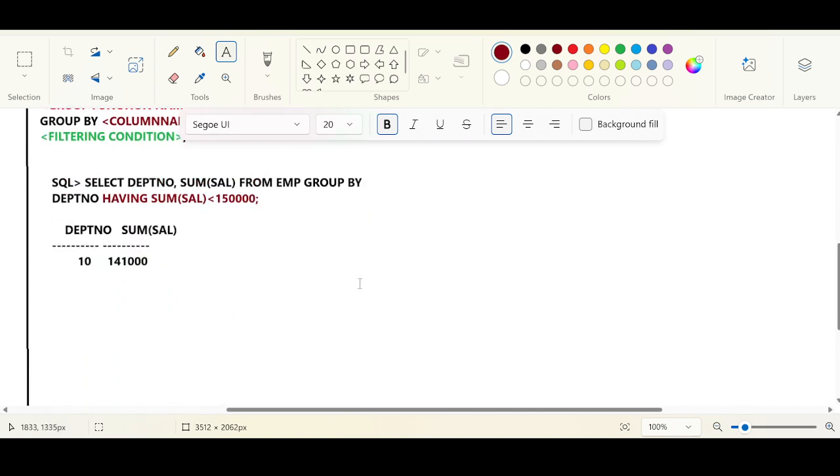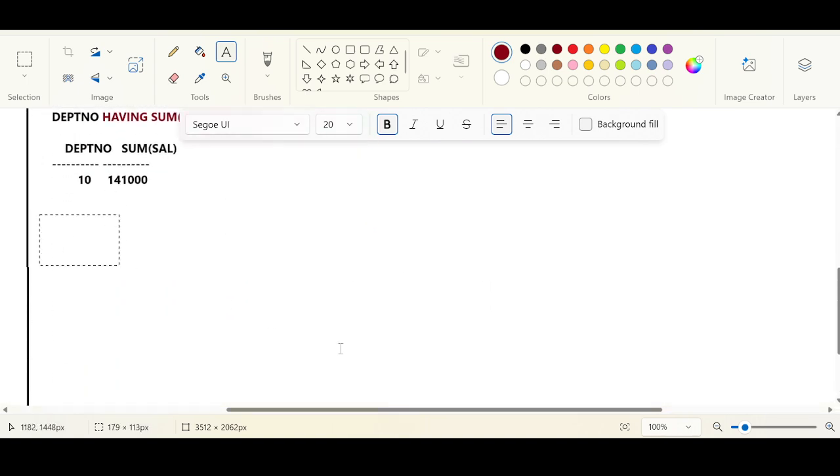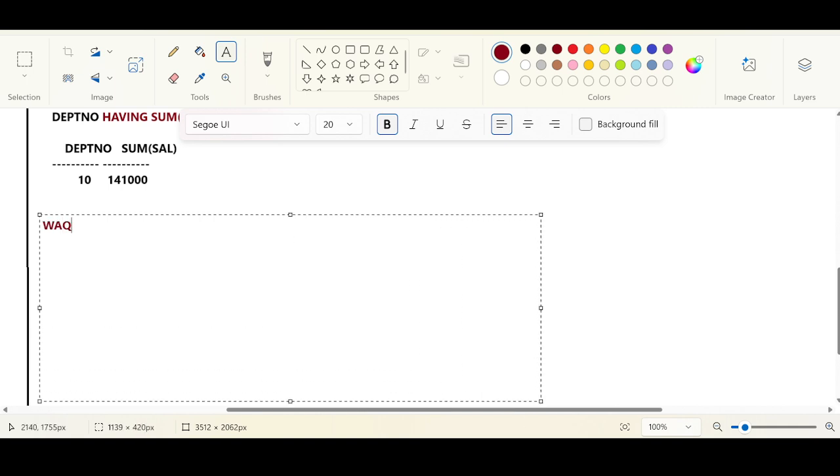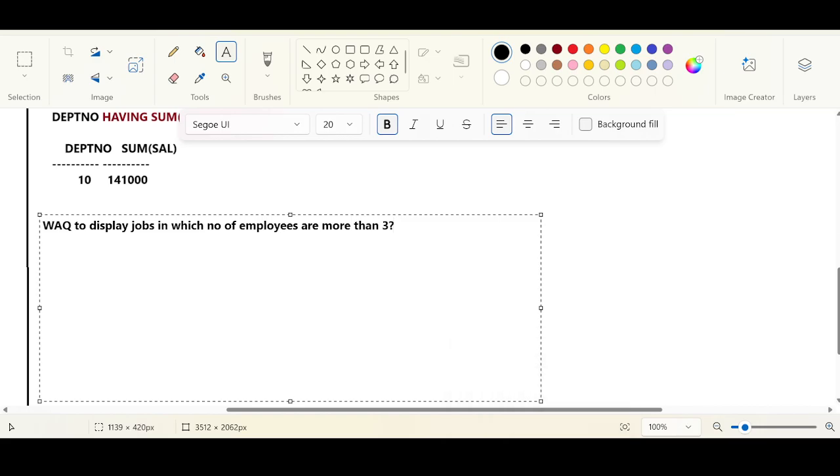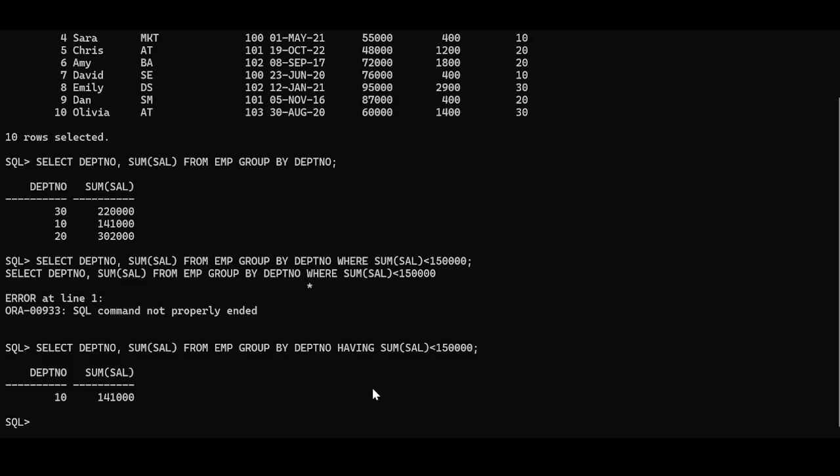Let's see a few more examples. Next example. Write a query to display jobs in which the number of employees is more than 3. Now write a query. Display jobs with number of employees more than 3. Right? So very simple. Select